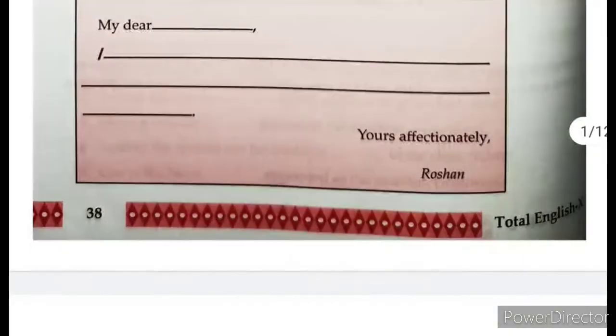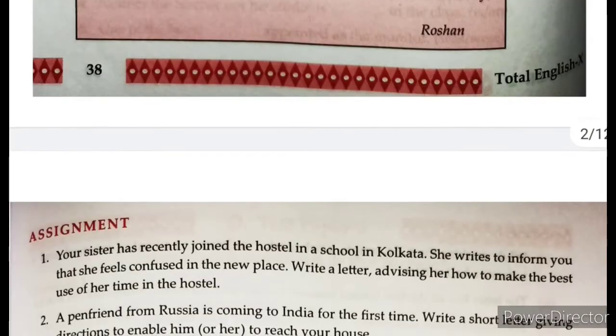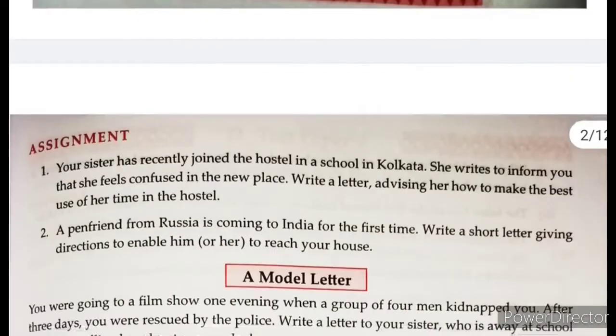Let's not go into the traditional format. You can just have a look and you can just compare with the box type format and see what the differences are. Only alignments, the basic matter remains the same, only certain things which are on the left are taken to the right hand side. So here you have two assignments.